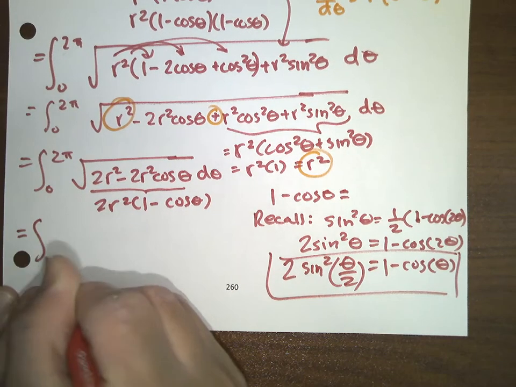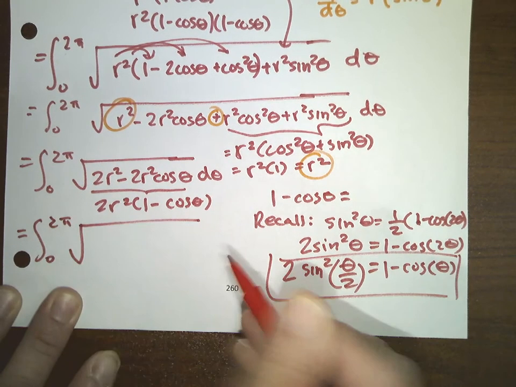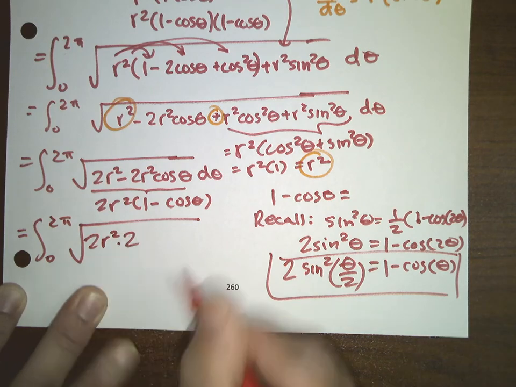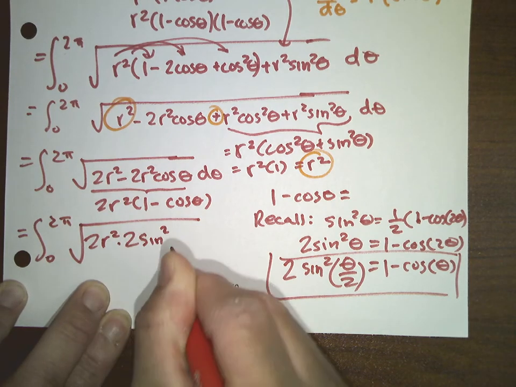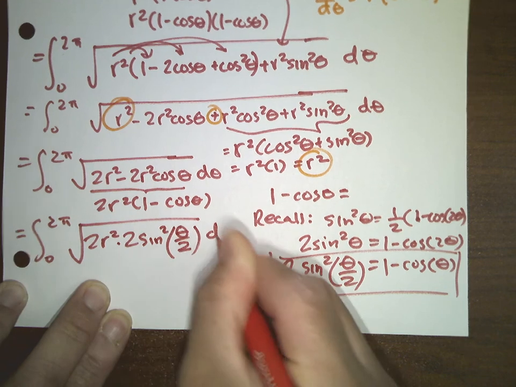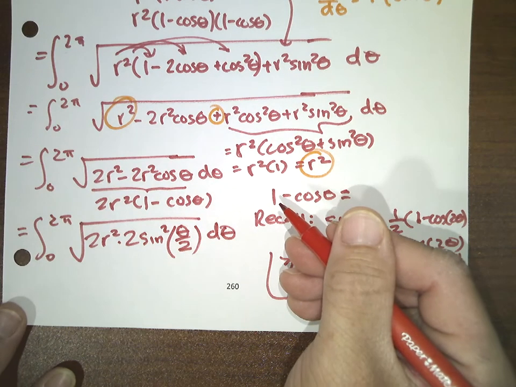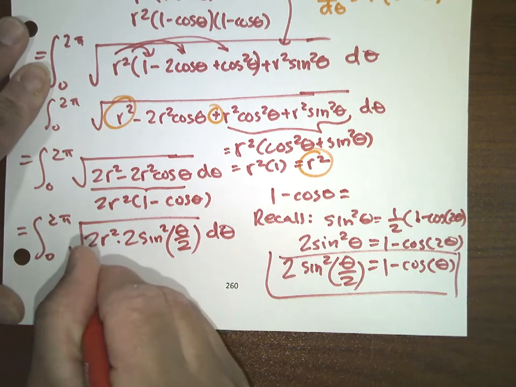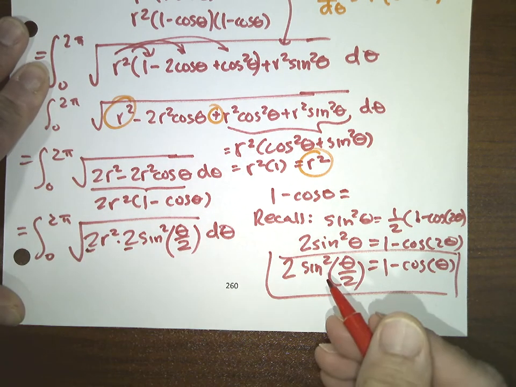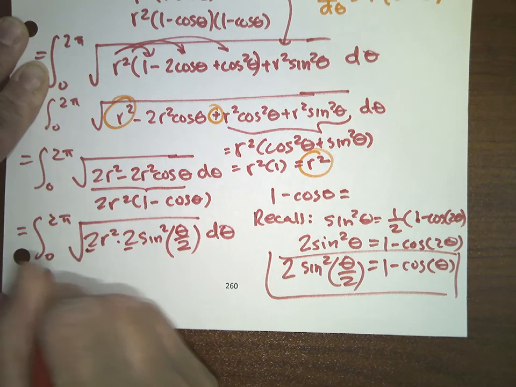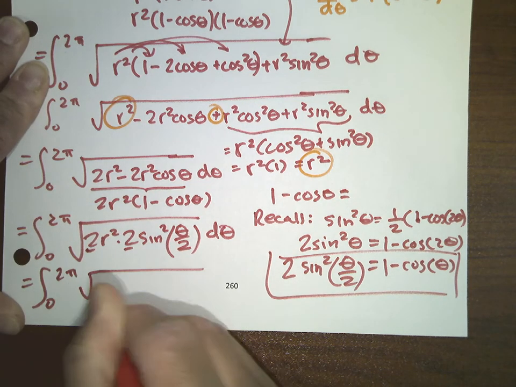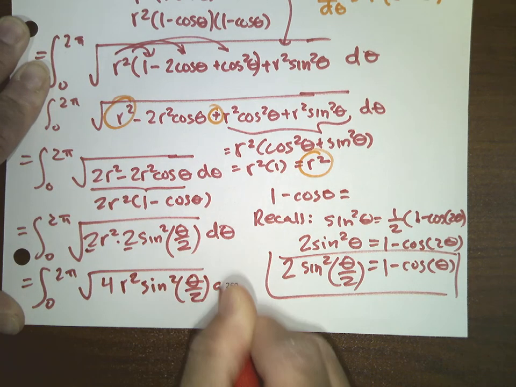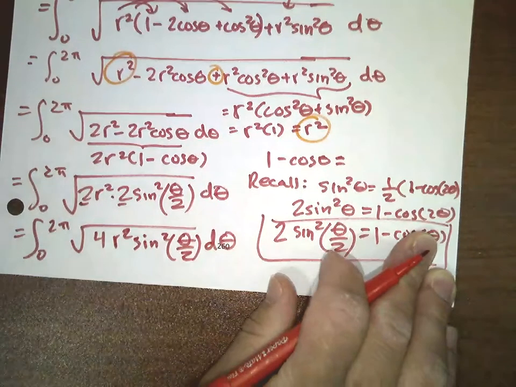So now I have the integral from 0 to 2 pi of the square root of 2r squared, and then remember 1 minus cosine of theta was 2 sine squared of theta over 2, d theta. And now I can go ahead and just say, well, 2 times 2 here is 4. So I have the integral from 0 to 2 pi of 4r squared sine squared of theta over 2 d theta. Right now, let me find another piece of paper